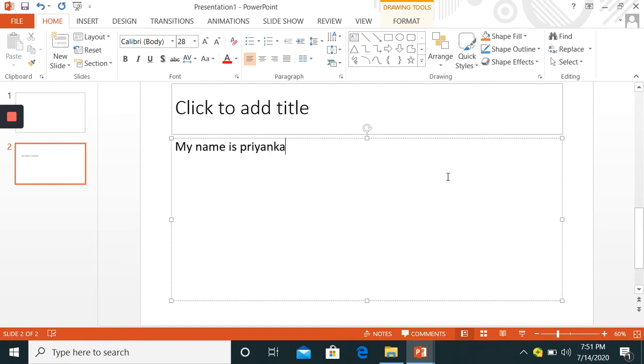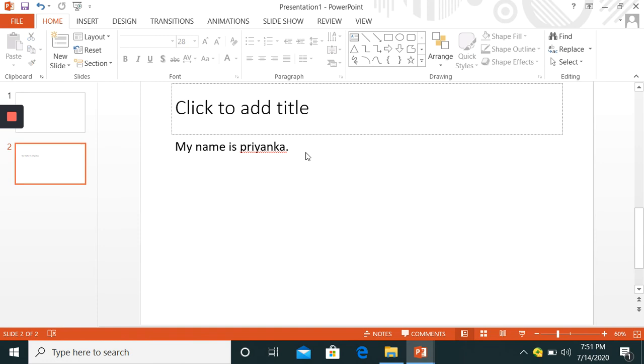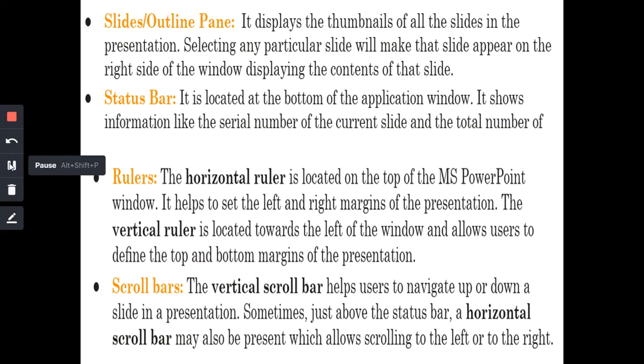So আমি যেখানে লিখলাম this area is called slide viewing pane where my slide is showing. Slide show করছে, and each slide is called a single page. So this is the page where I can write. আমি দেখো আমি লিখলাম, কোথায় লিখলাম? Slide এ লিখলাম. So slide is the page of the presentation. Okay, these are, see, all these are the pages of the presentation where I can write, where I can create my presentation. Clear?